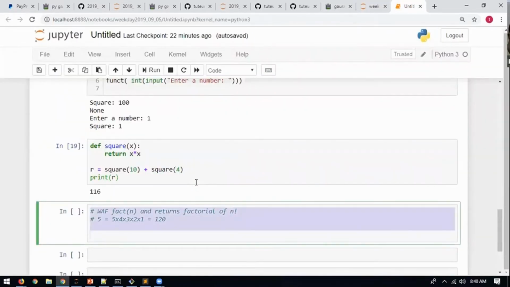I'll clear the pad and I'll paste this also.